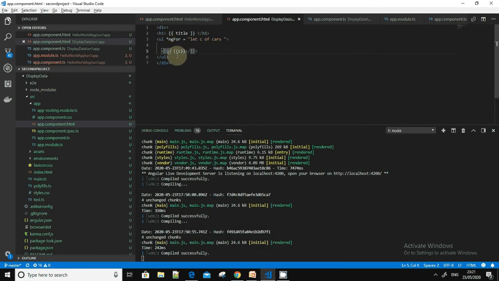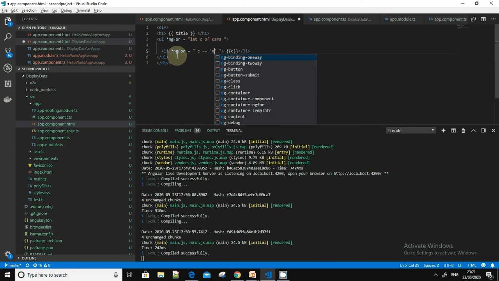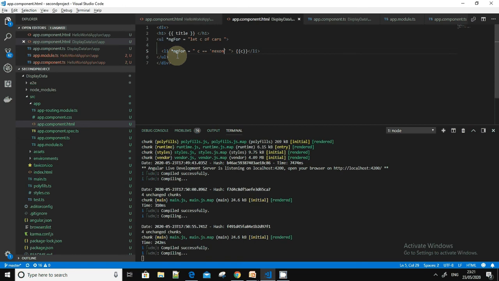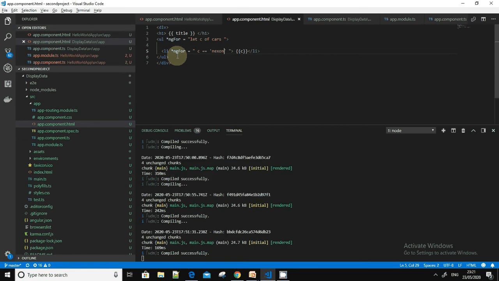Now suppose we have a condition that if the name of the car is Nexon, then and only then display it. So what we'll do, we'll use ngFor, and for ngFor we already have the variable, that is c. And what we need to check is whether the value is Nexon or not, so we'll use equal to. So if c is equal to Nexon, then only the value would get displayed.